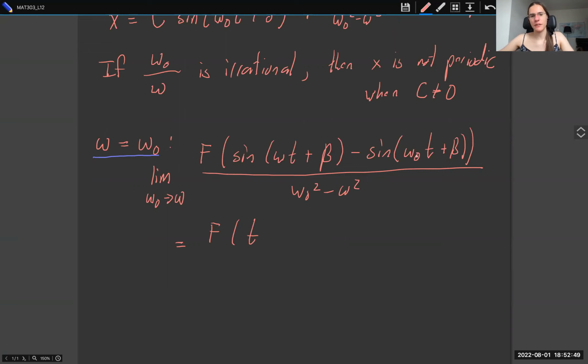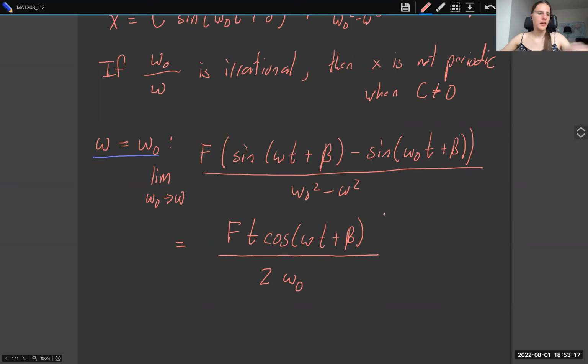So there's no derivative here. So it's going to be t cosine omega t plus beta, divided by 2 omega naught. So the claim is going to be